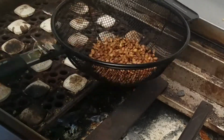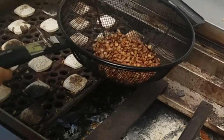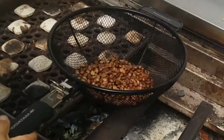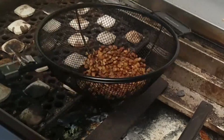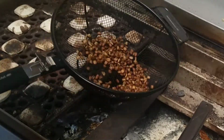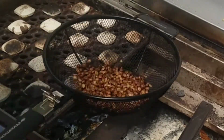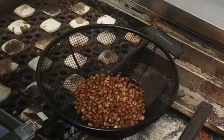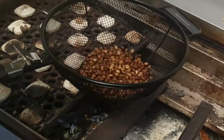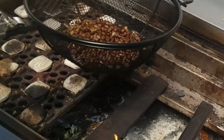And there's no burn or anything. As you can see, in the beginning I try to roast as fast as I can by having the basket quite close to the fire. And once it reaches the first crack, you want to move away a little bit so the inner bean temperature can catch up with the outer bean temperature. However, you can't move away too far, because then the temperature will drop too,